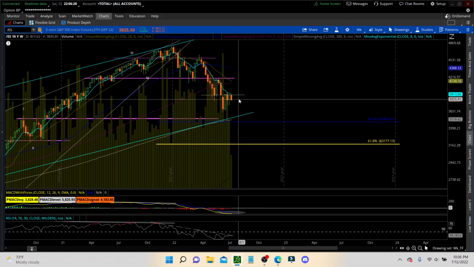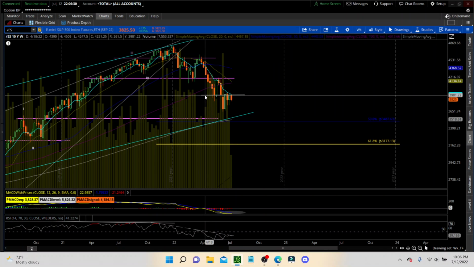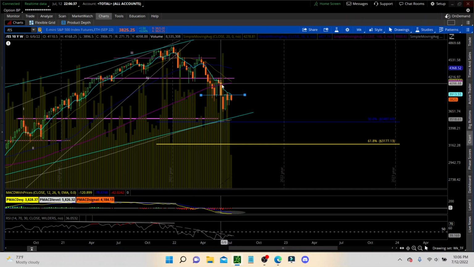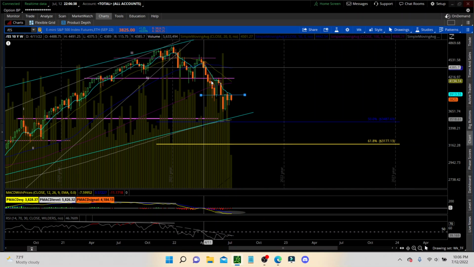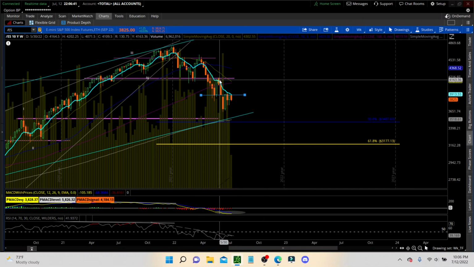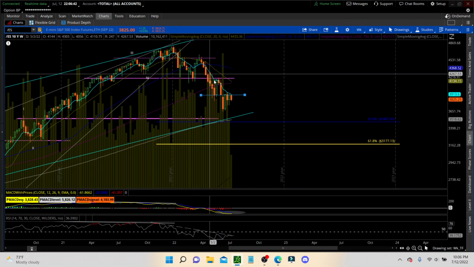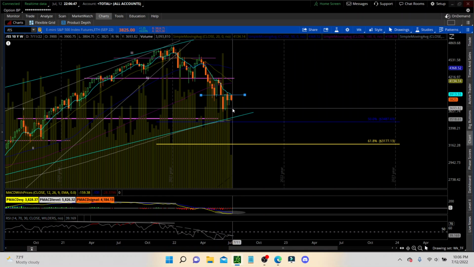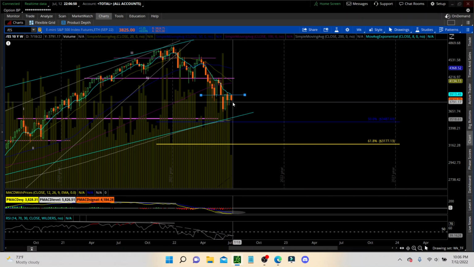So until something else changes, you see, we put this line on here yesterday. We came back on the weekly to test the 8 EMA. It's a trending indicator. It's our moving average that trends. Come back to it each and every time, and we test it, and we fail. And we did the same thing this time. Now, we didn't make new lows yet, but that's what we're aiming for.